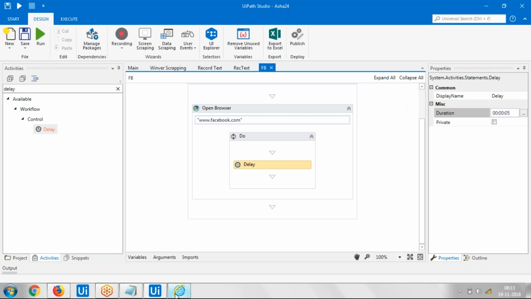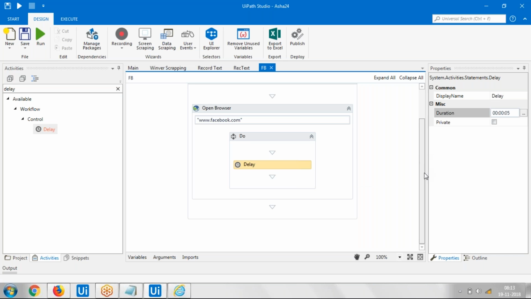So to make the cursor available in the text box, so that whenever we give the username from this sequence it will be written in the text box,